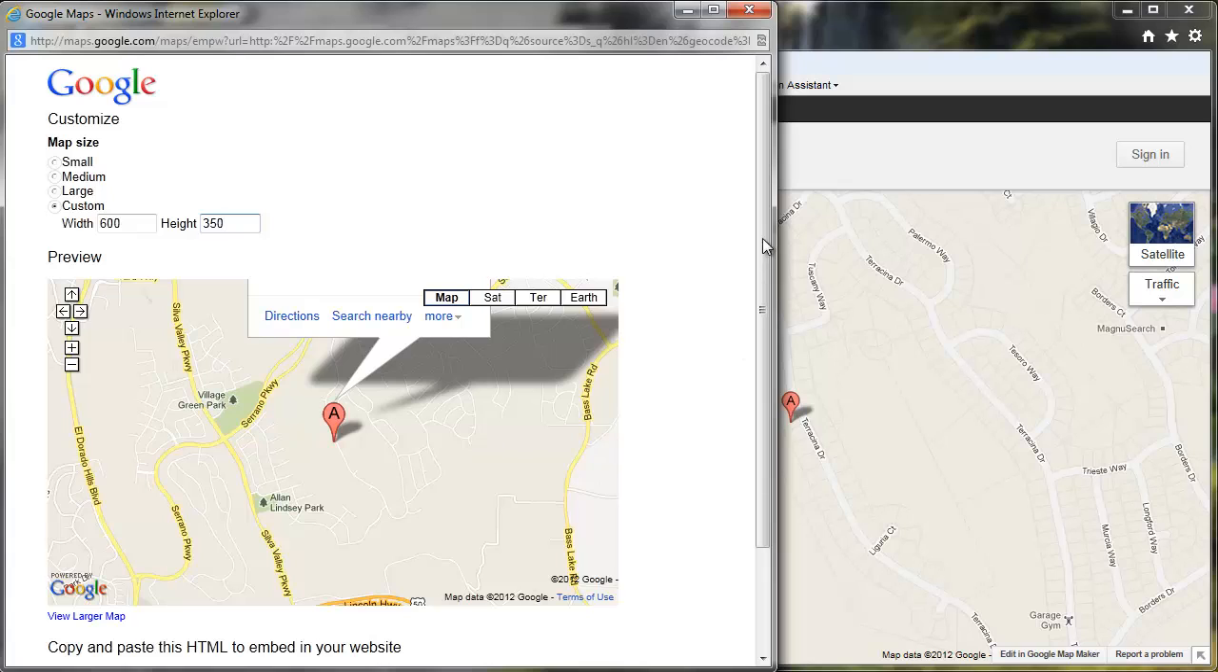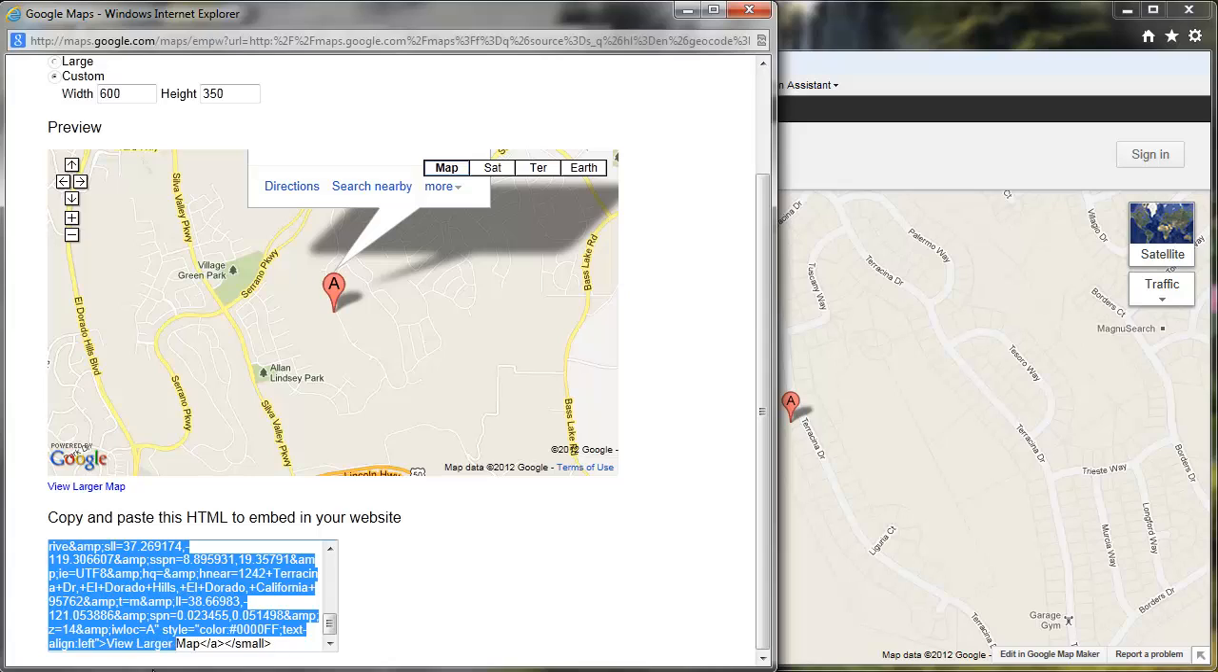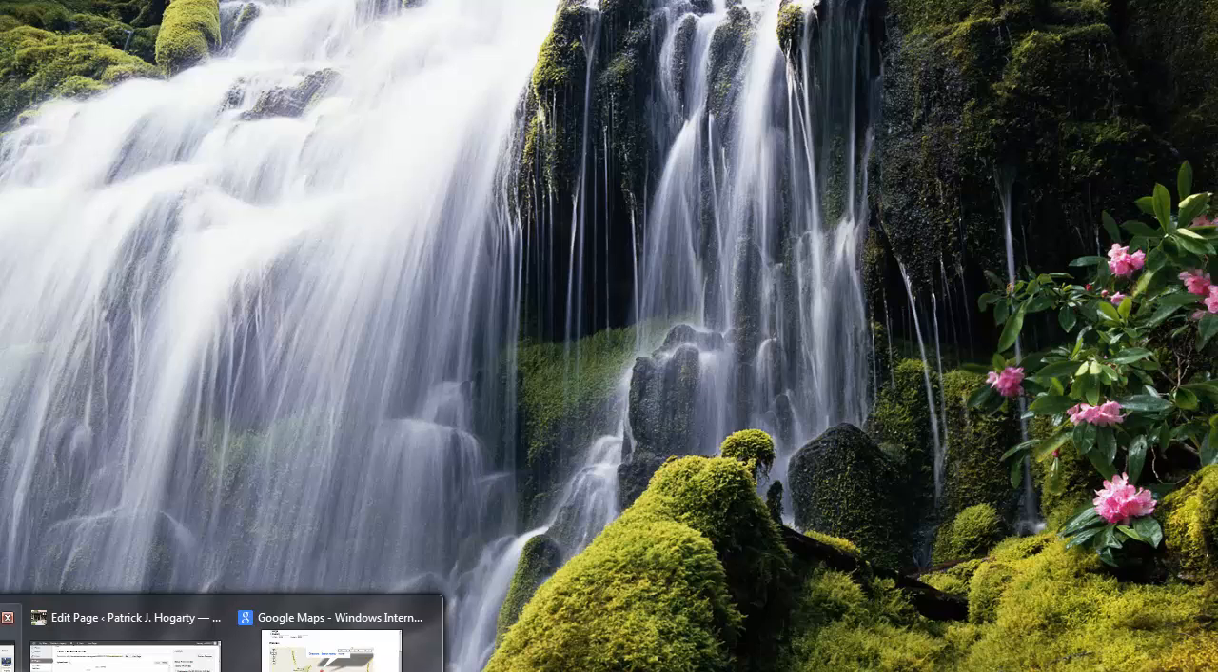So what I'm going to do is scroll down here, and this is the code that I have to copy. As you can see, this right here said where I just changed it to 600 pixels wide. What I'm going to do is I'm going to select all of this code all the way down to the very bottom. I'm going to right click on it and I'm going to copy it. And then I'm going to go ahead and minimize this, and I'm going to bring back up my editor page,